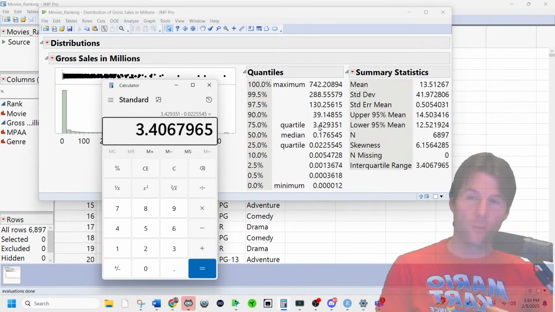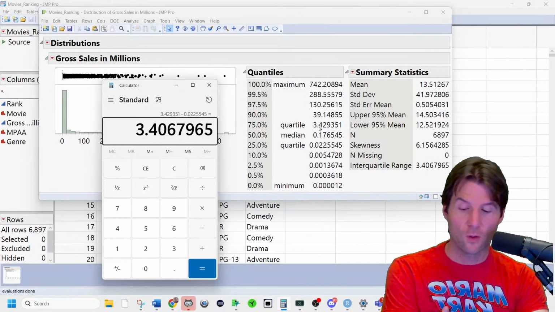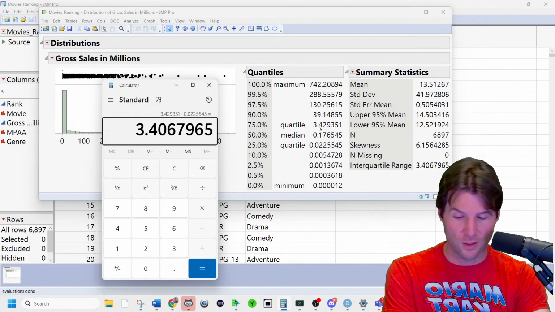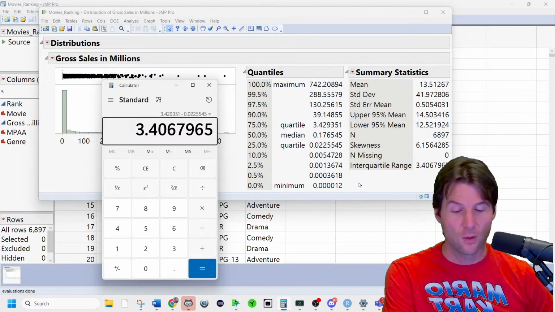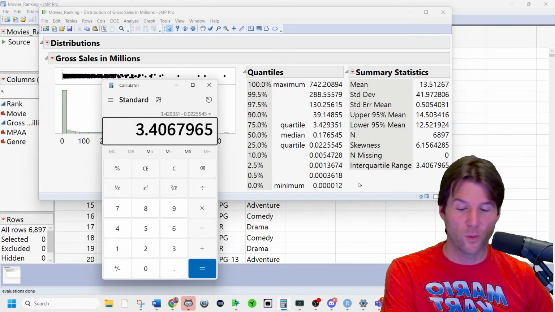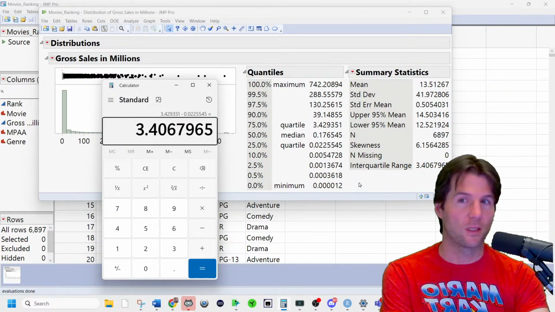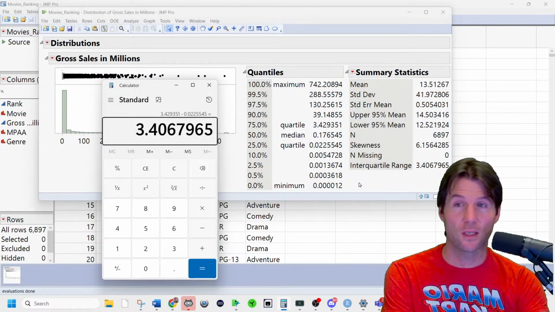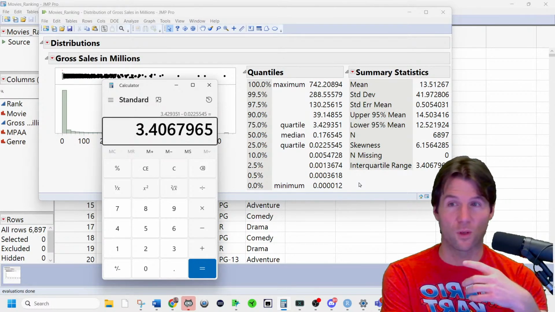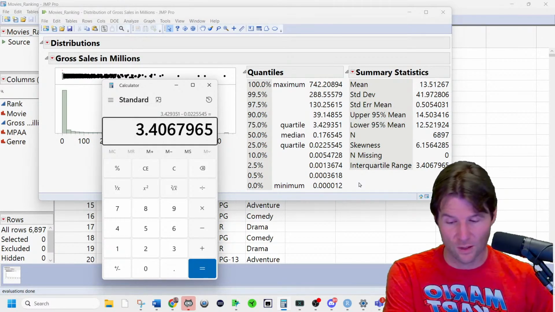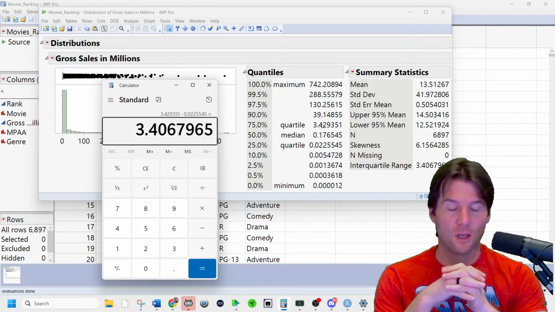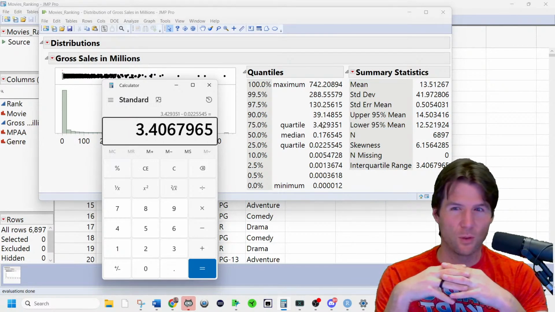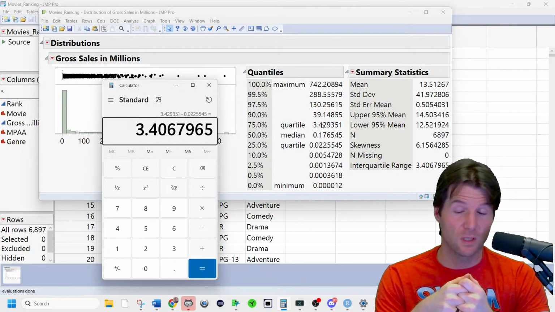The range of the middle 50% of movies goes from $22,000 all the way up to $3.4 million, which means the IQR is $3.4067 million. The range of the middle 50% of movies goes from the 25th percentile of movies, right down here, to the 75th percentile of movies. And so it's very important to be able to interpret and understand these summary statistics and